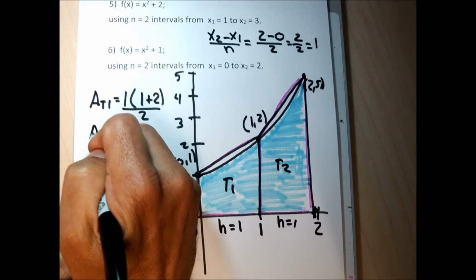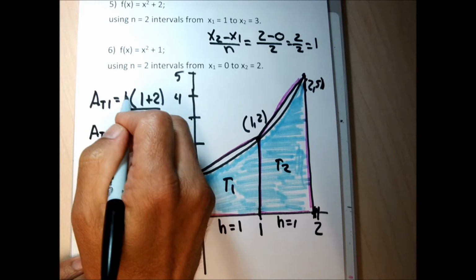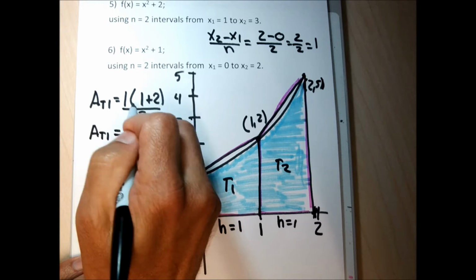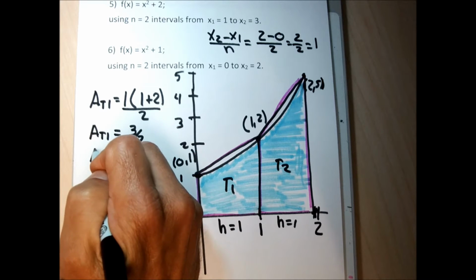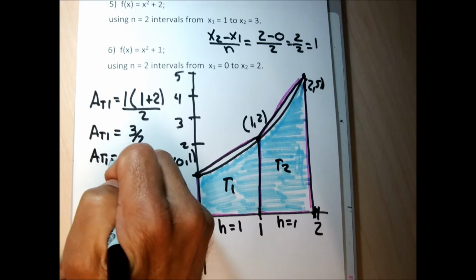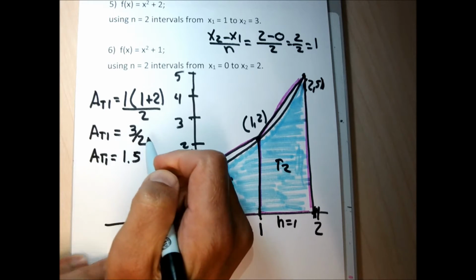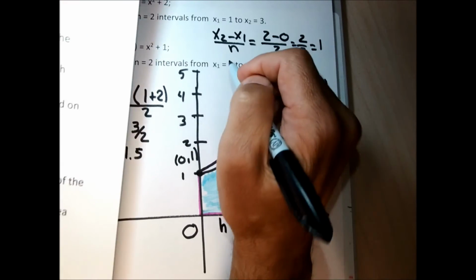So my area of trapezoid 1 is going to be 1 times 3, which is 3 in the numerator, 2 in the denominator. My trapezoid 1 is going to have an area of 1.5. Again, if I'm sketching this out,